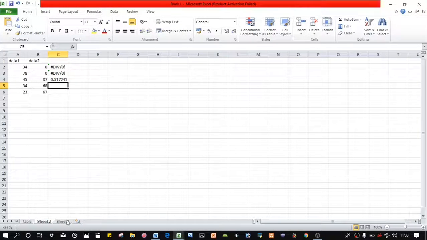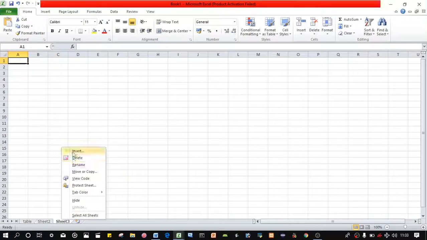Firstly, here this is the table, Sheet 1. Let's delete Sheet 2 and Sheet 3. This is called the insert worksheet tab, because by this one you can insert a new sheet.